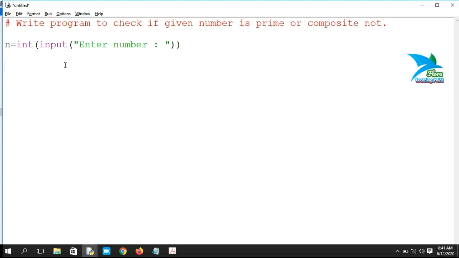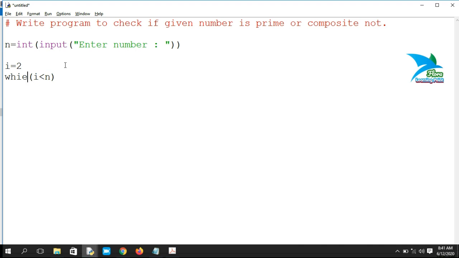So first of all, we have to start a loop from 2. I'll declare a variable, and the initial value of that variable will be 2, and I'll run it while i is less than n.